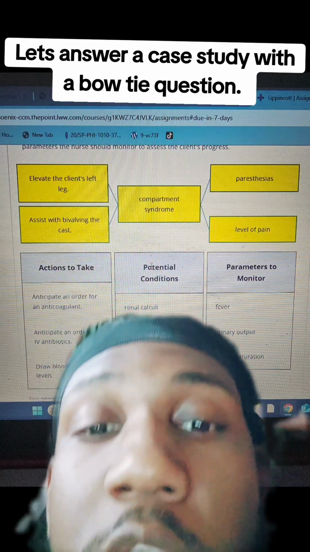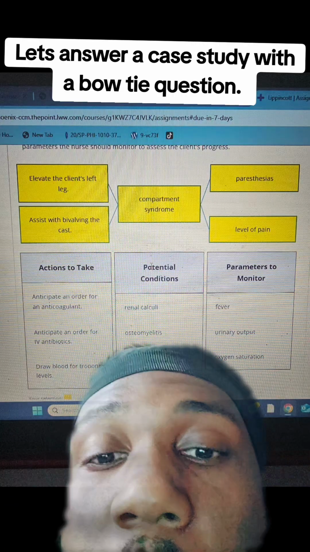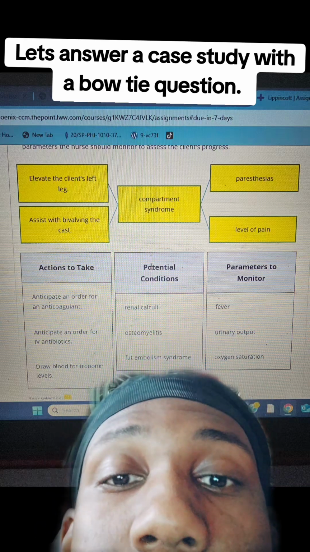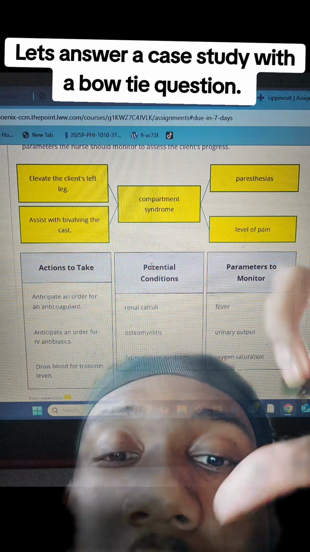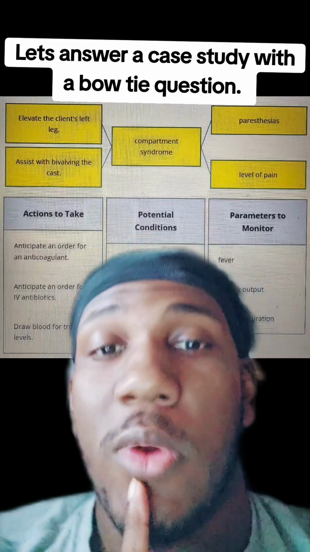So let's get it. Now, do y'all see all the answer choices? I'm gonna be looking over here at my computer, but I'm just showing all the answers. I hope y'all can see it because I just took a picture from my computer. All right, I took a way better picture.